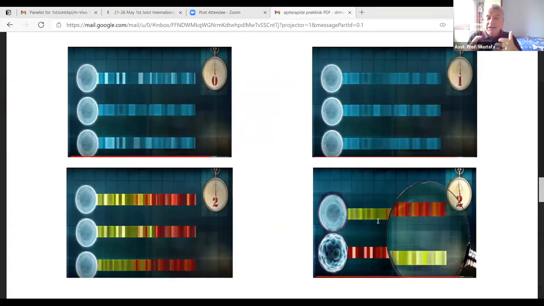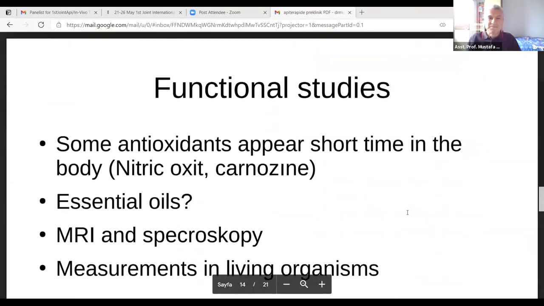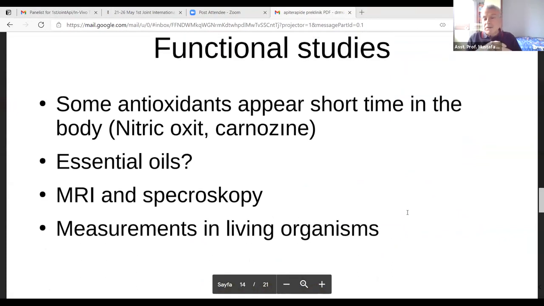Now, what do we see? What will we see when we give our apitherapy products? I really wonder. Also, there are some functional study methods. I strongly urge everybody,